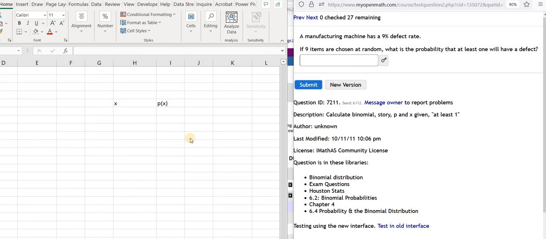A manufacturing machine has a 9% defect rate. If 9 items are chosen at random, what is the probability that at least one will have a defect? So the probability of success here, which is choosing an item with a defect, again, I can't emphasize enough that